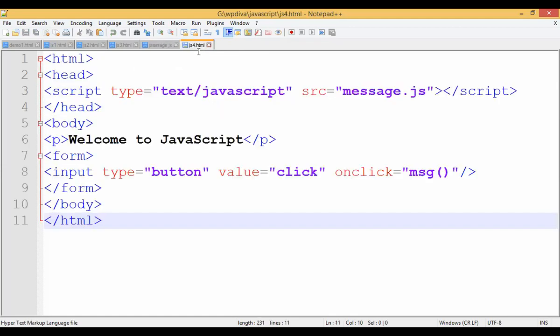Okay. Now you're going to create an HTML file. So the name given for my HTML file is JS4. See here, you can see all files, students. See, this is JS4, message.js, right? So these are the names of the files. Then what I'm going to do, I'm going to write HTML code. See, HTML, I'm going to write a head tag.